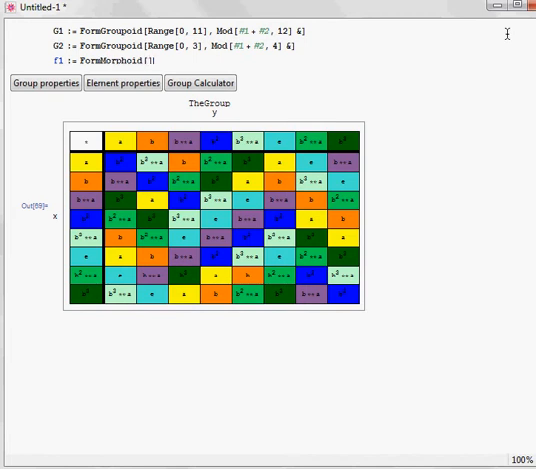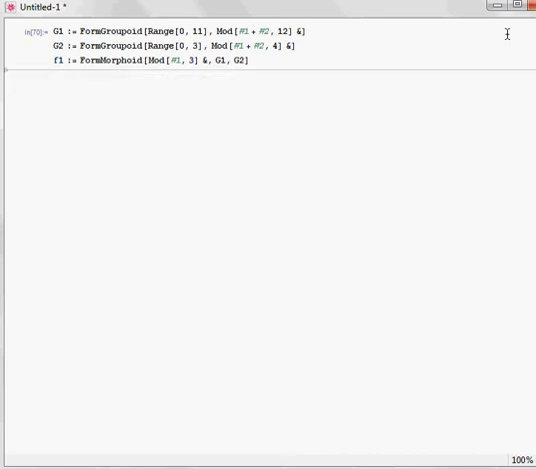This function has 3 input parameters: a function, and 2 sets or groups. The function will be very simple. The remainder by division by 3. G1, G2, and